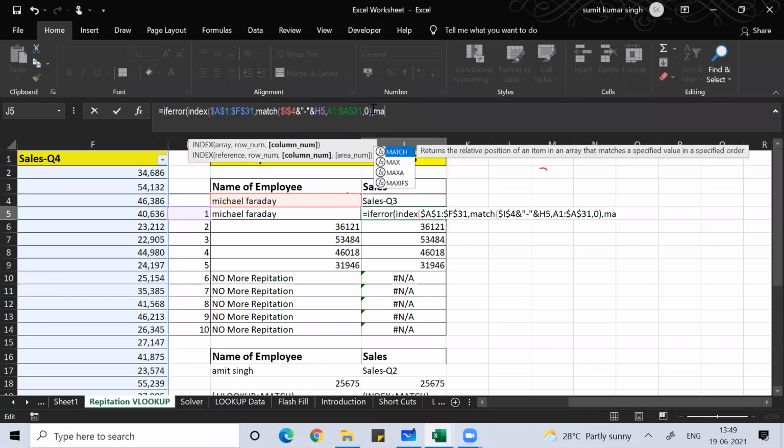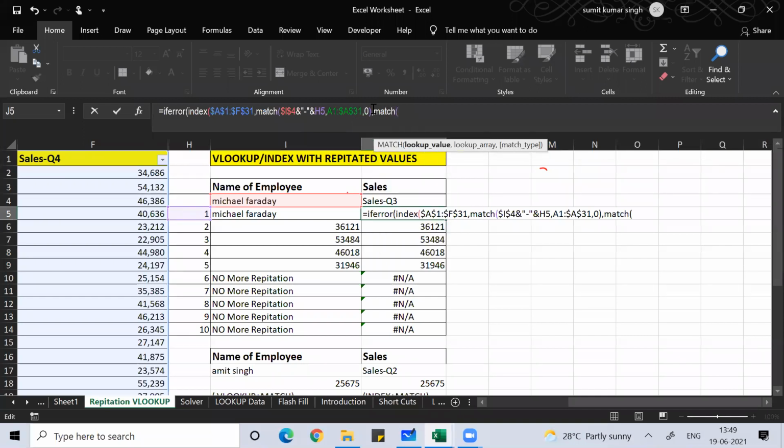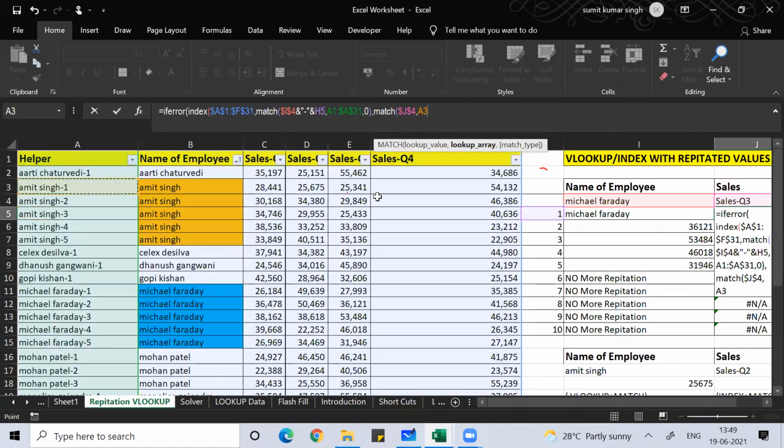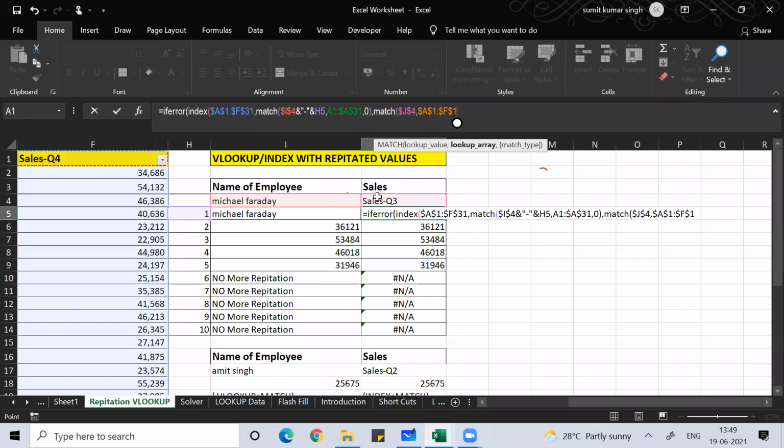You'll get the row number. Column number, MATCH, then MATCH, then Sales Q3, fix that with F4, comma, lookup array, this, fix that with F4, comma 0, close bracket, again close bracket.